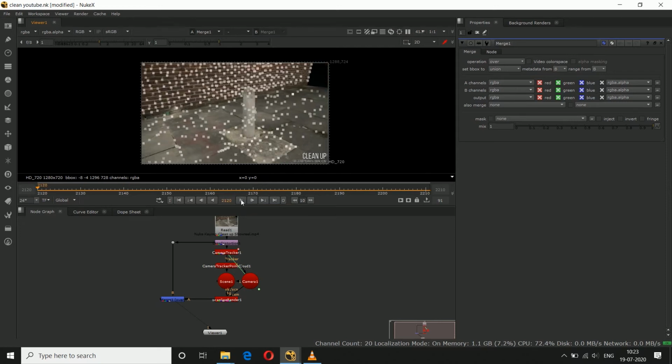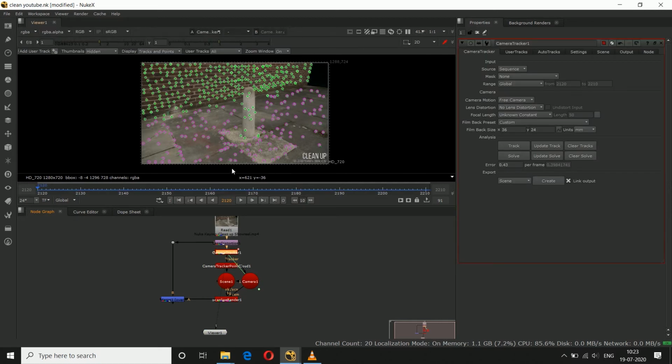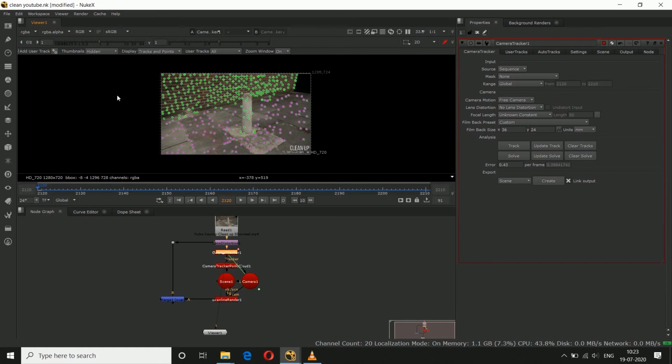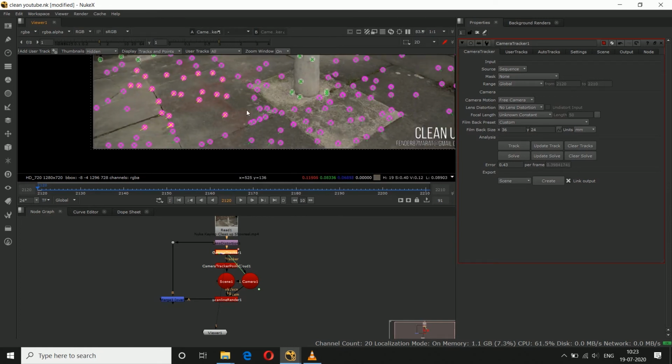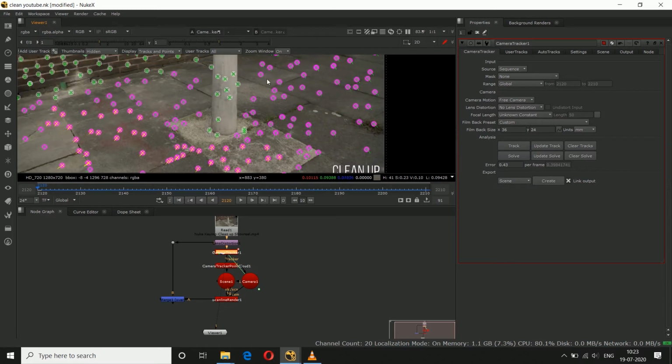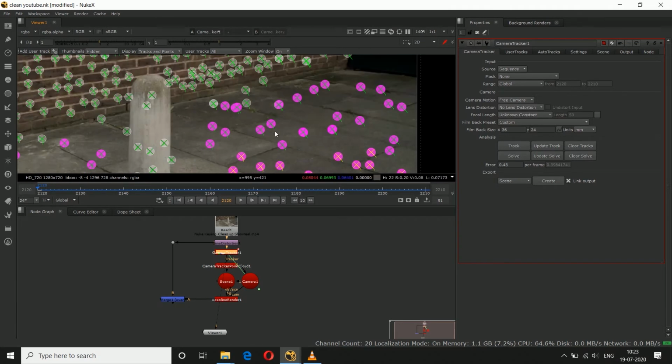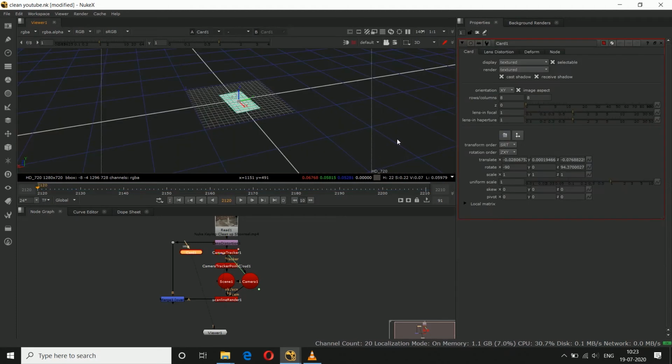So then we'll create the card on the ground. We'll create the card. We'll select some points on the ground. Okay, we'll select this, this, this. Right click, now create card.